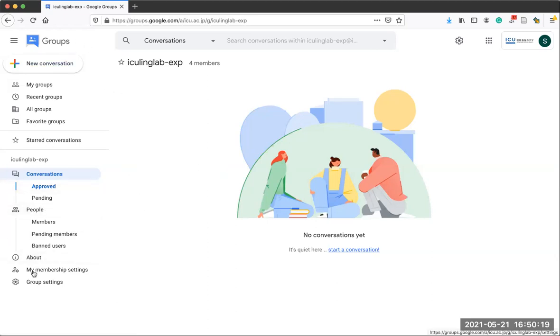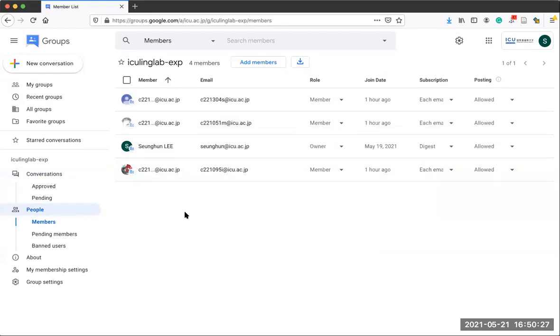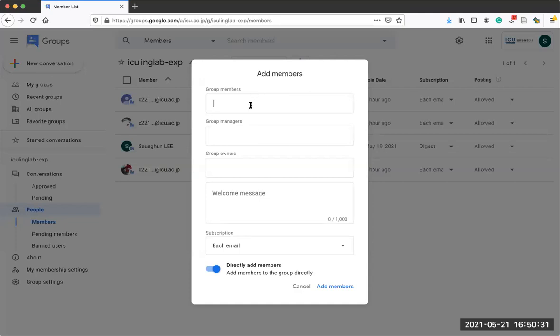So on the left side, you see a bar. And for this particular group, we have people. So when we see people, there are already 4 people added. But how do you add these members? You basically click add members, and then you have 3 different levels of ownership or membership that you can